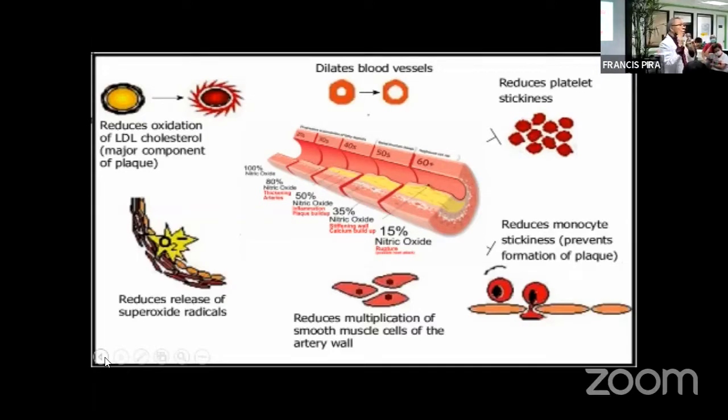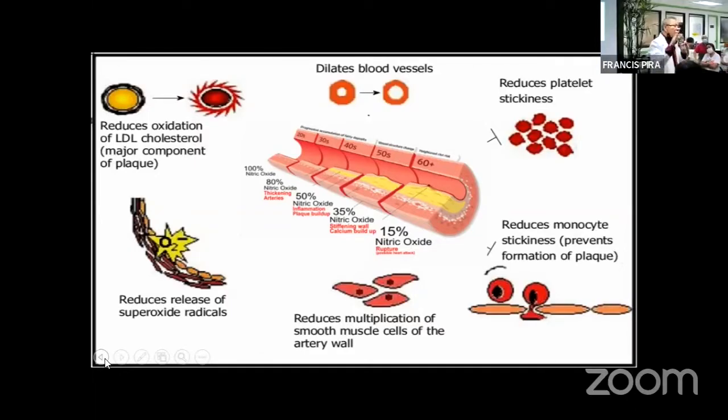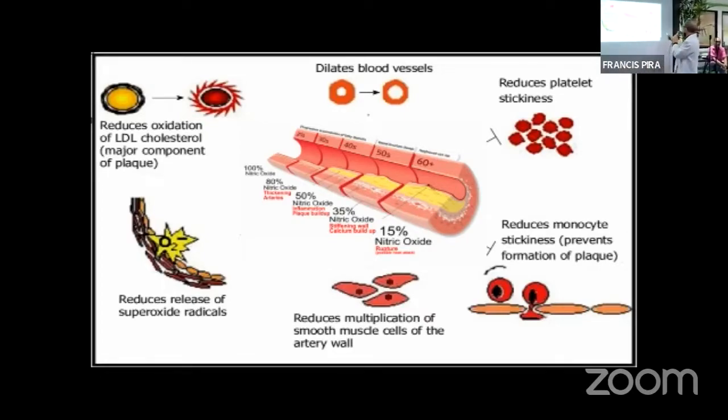But that particular reaction is actually the natural mechanism of our body in an effort to cover the damage. So that is just natural. The binding of the cholesterol to the damaged area is the effort of your body to protect. But that particular effort will result in atherosclerosis, as what I have mentioned earlier. So nitric oxide will reduce the monocyte stickiness and prevents the formation of plaques, and of course the clumping.